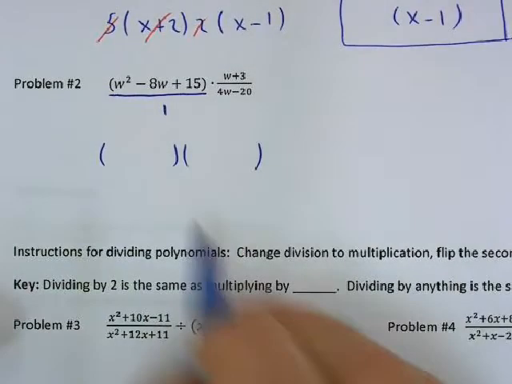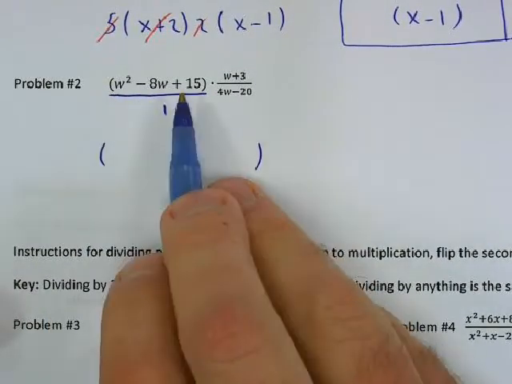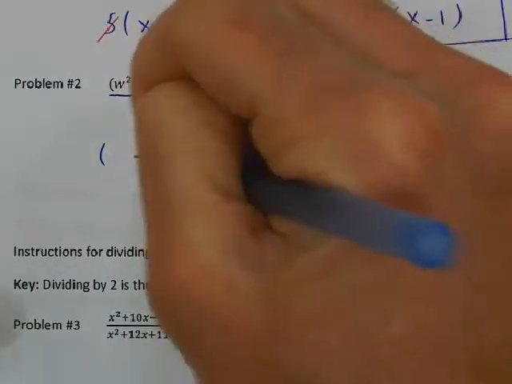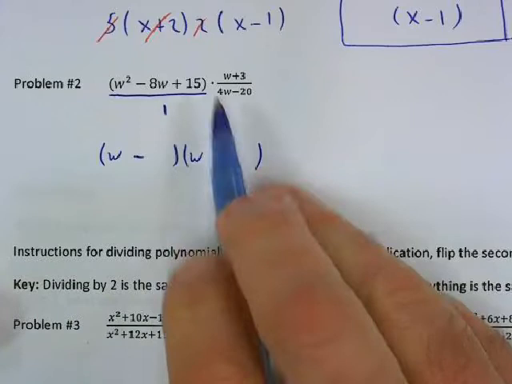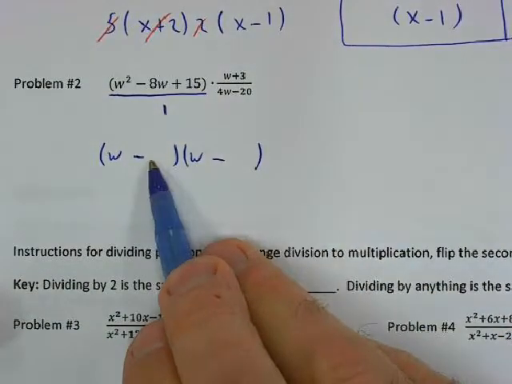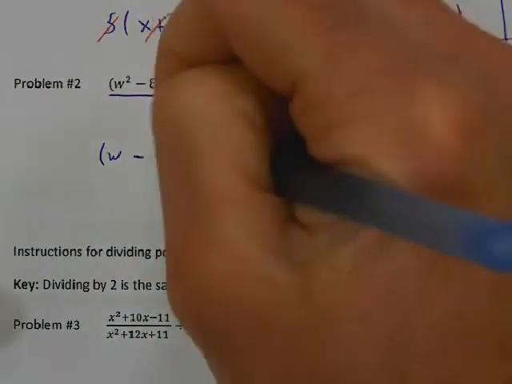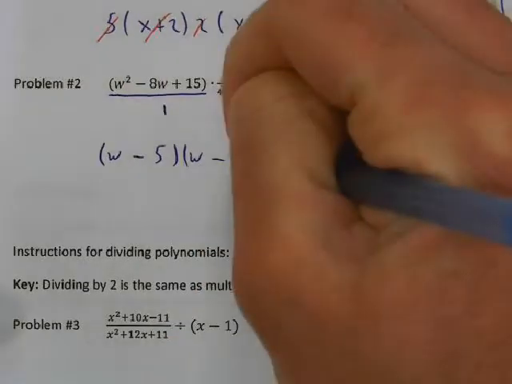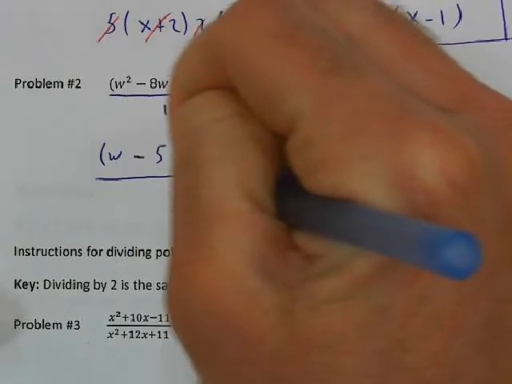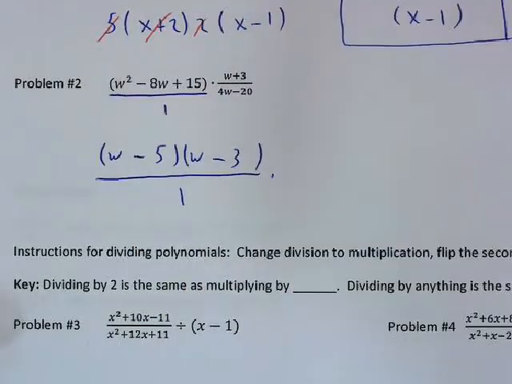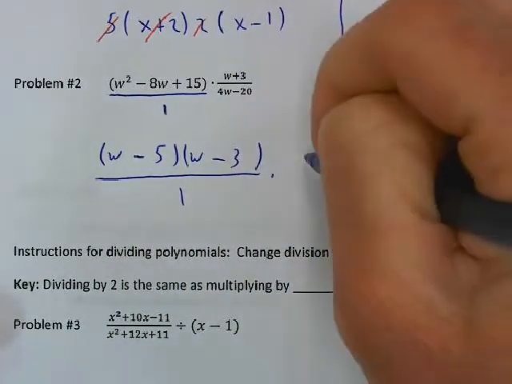Okay, let's see. I know my signs are the same and they're both negative. I've got to have w and w to get w squared. And what multiplies to 15 and, since my signs are the same, adds up to 8? 5 and 3. The order doesn't matter. Okay, so I've got w minus 5 and w minus 3 over 1, times, and then we've got a w plus 3 here,